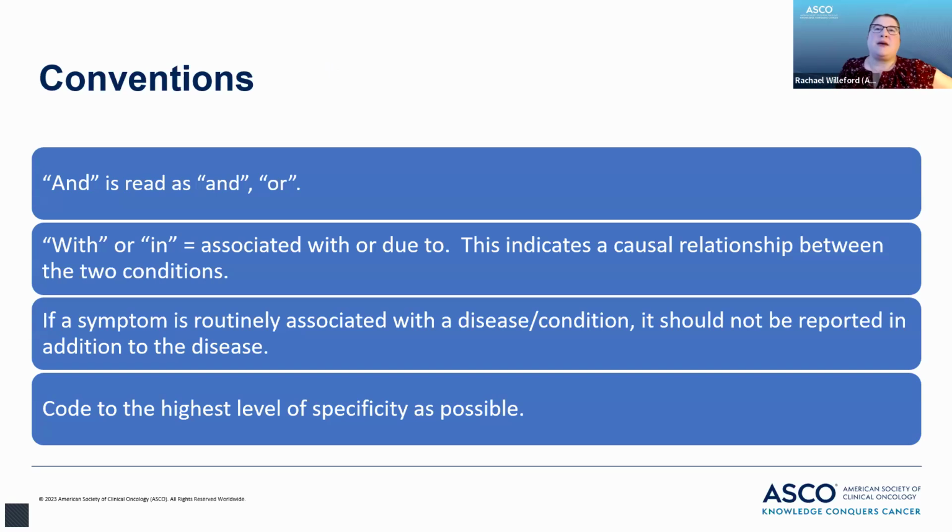Before we get into the nitty-gritty, let's go over some general diagnosis coding conventions. When you see the word "and" in a descriptor, it should be read as "and/or." If you see "with" or "in," that means something is associated with or due to, and indicates a causal relationship between two conditions. If a symptom is routinely associated with a disease or condition, it's not to be reported in addition to the disease,